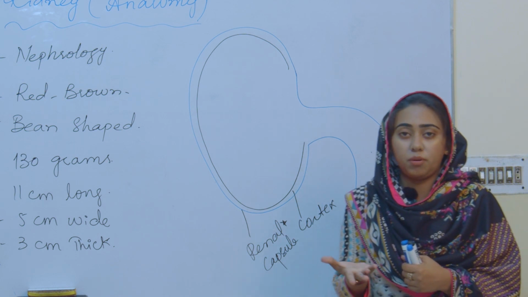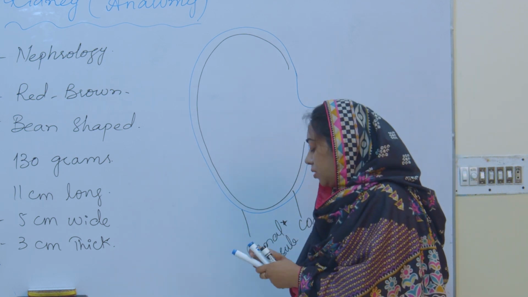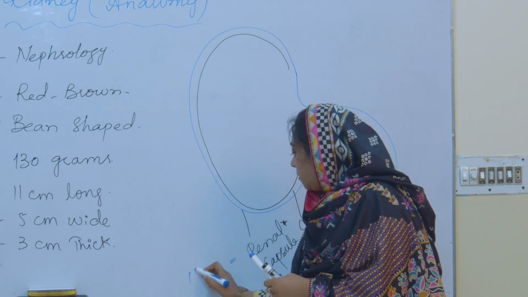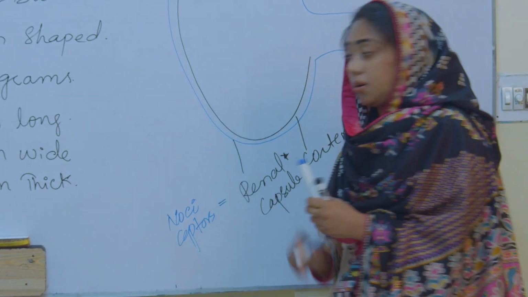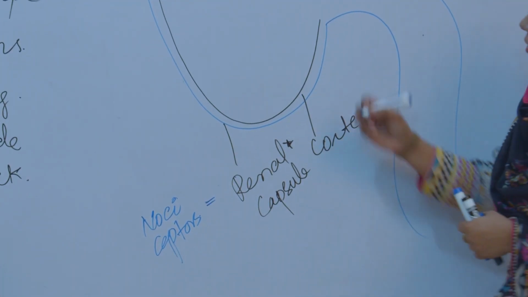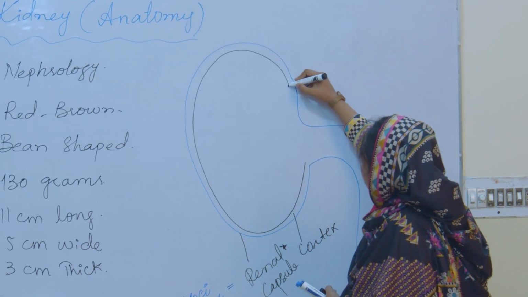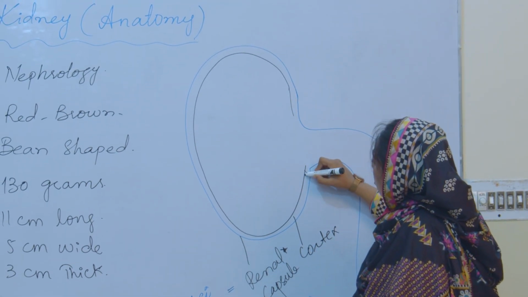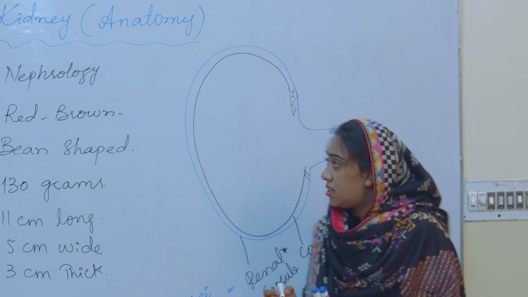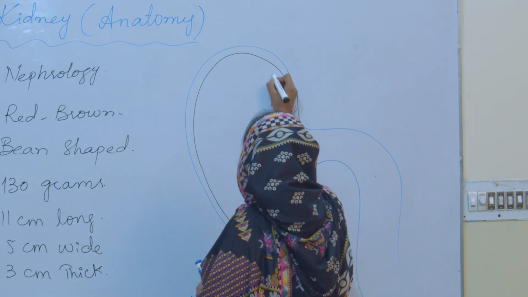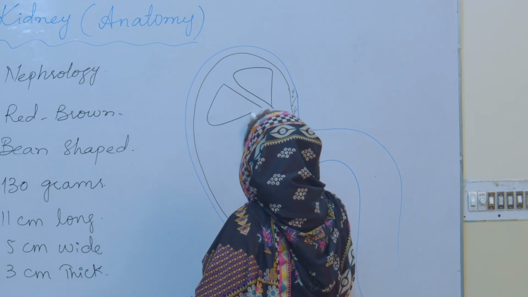And if you remember the technical name, the pain receptors we have are technically known as nociceptors. This is a terminology. Okay, so this is the darker red part, which is the cortex. Inside the cortex, if we are talking about the medulla, the medulla consists of certain pyramidal structures.